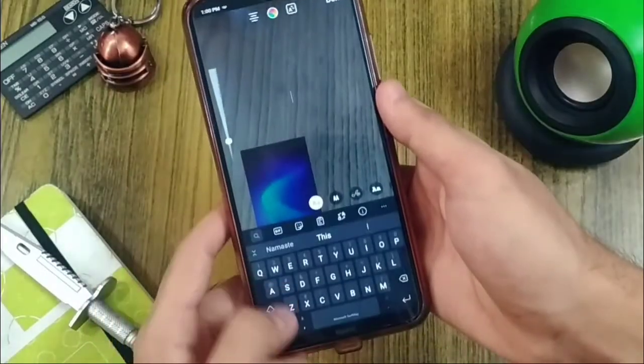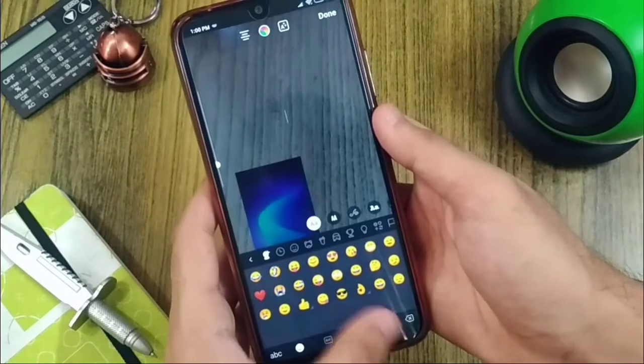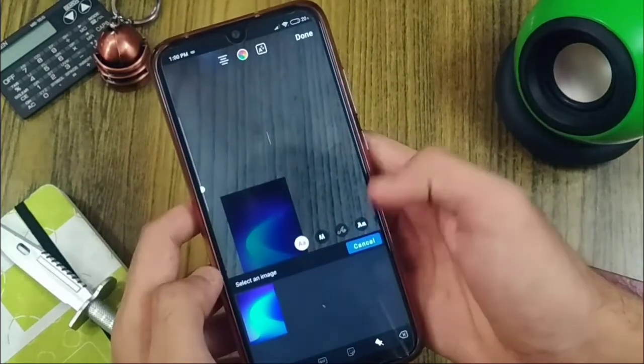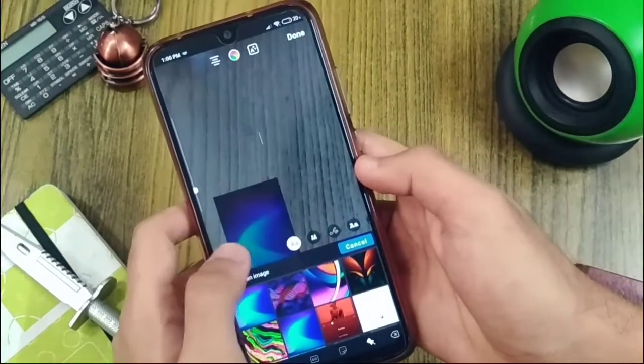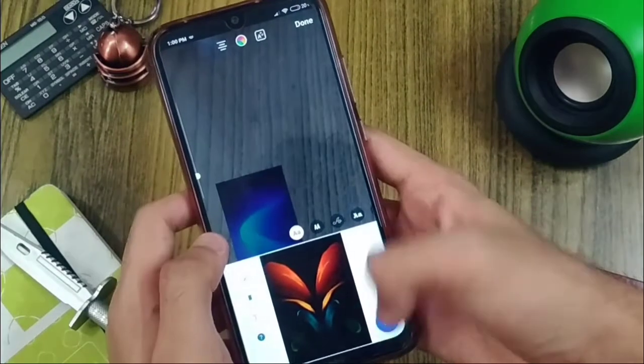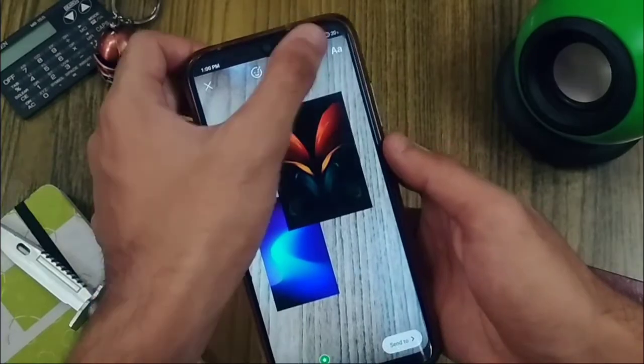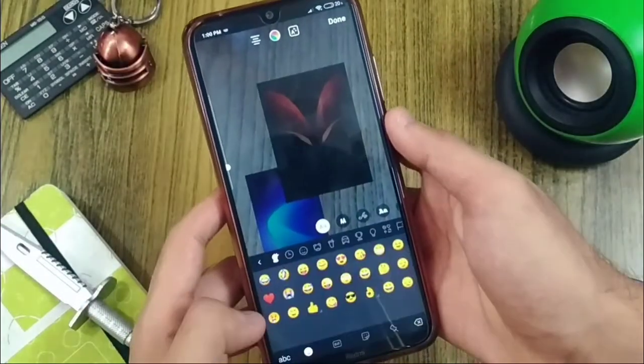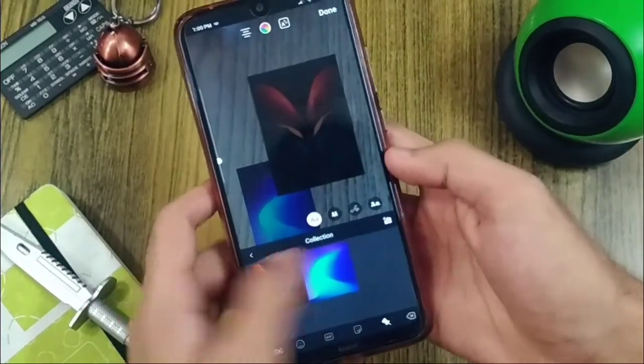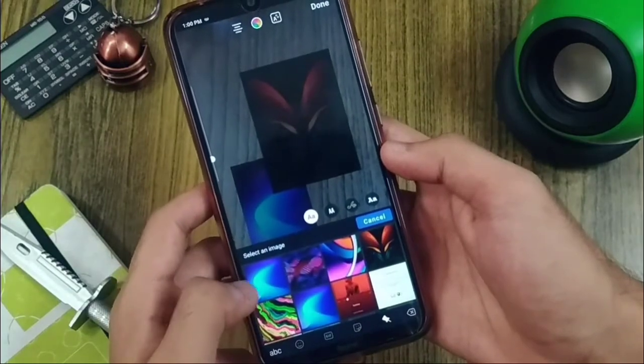There's no limit. You can add 4, 5 or 6, as many as you may like. You simply have to click the emoji button, then the pin button and then the camera button. Then your gallery will open and just click on the picture you want and then add it on your story. It's as simple as that, and it also adds some dimension and it's unique.